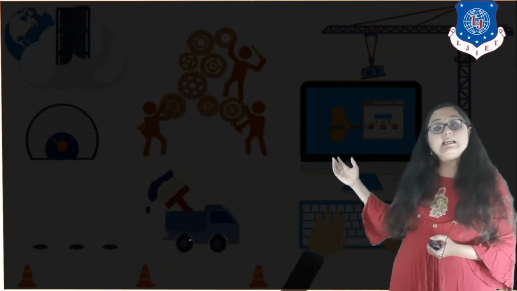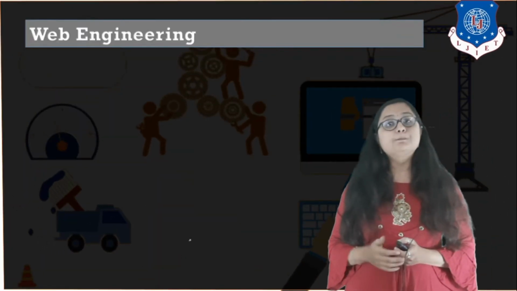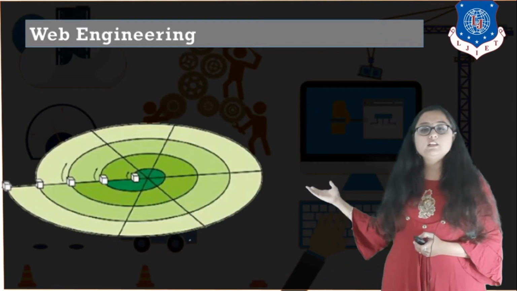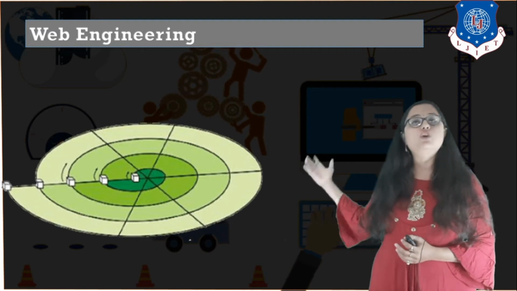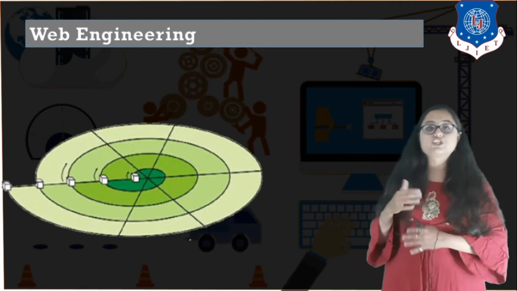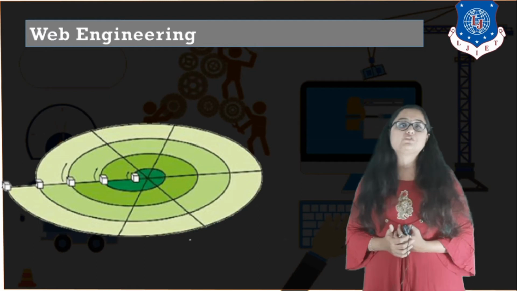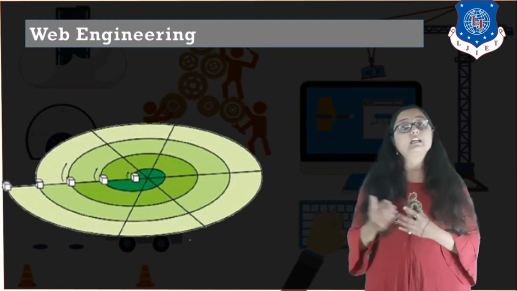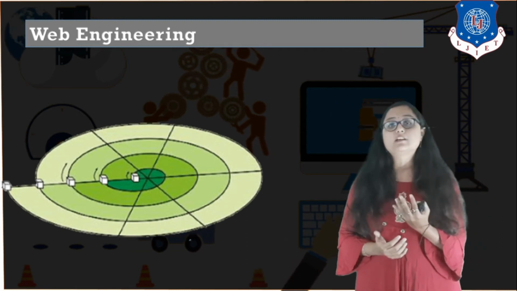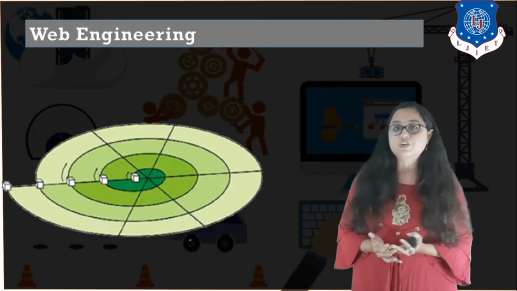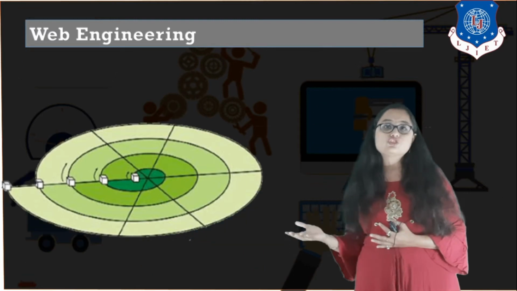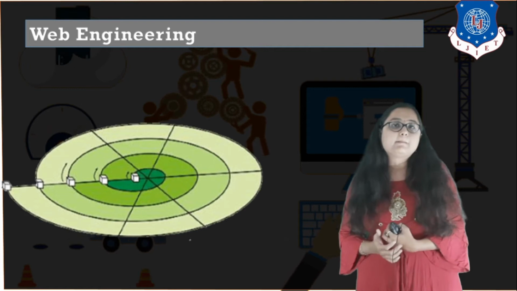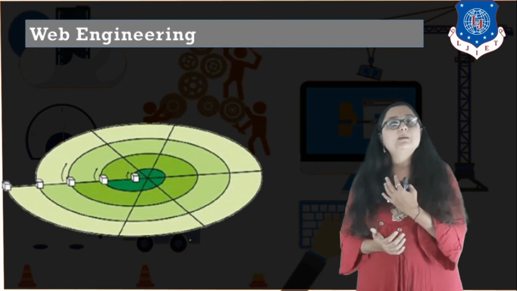So now let us study the basic process of web engineering that we need to follow. For following the web engineering process, you will follow an incremental approach in which you deliver the functionalities of the web application in increments. There are different types of web applications. For example, there are web applications that are content oriented, right. So e-newspapers and informational websites are all content oriented web applications which display content, right.